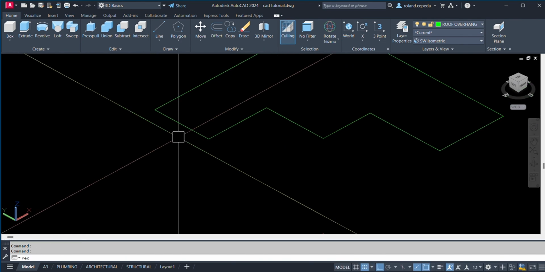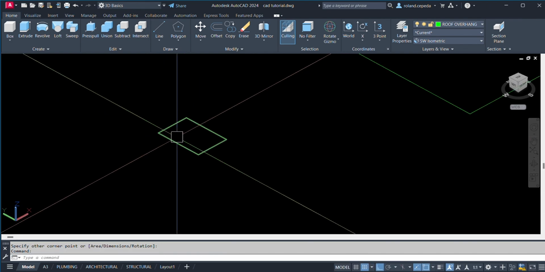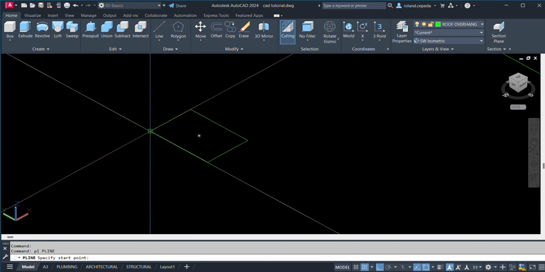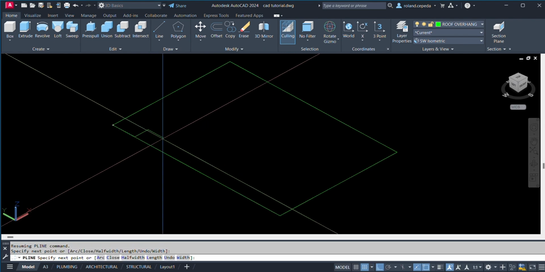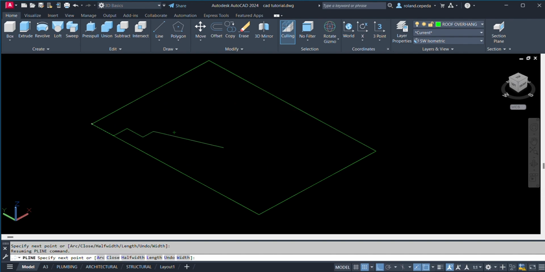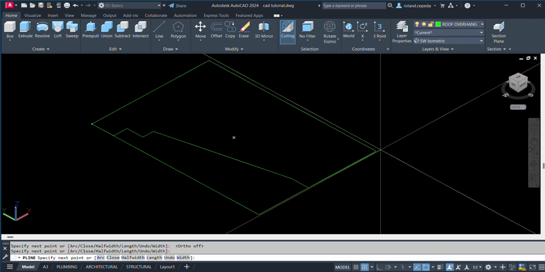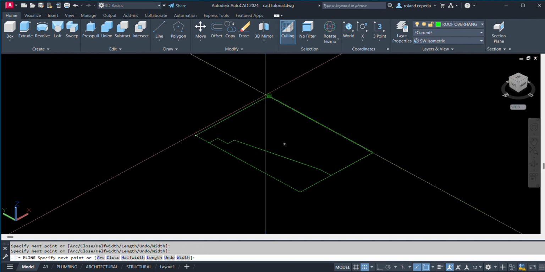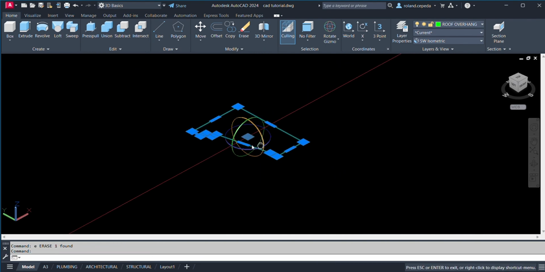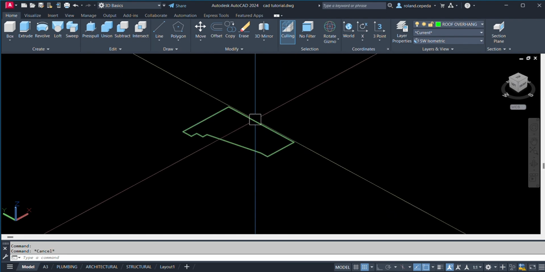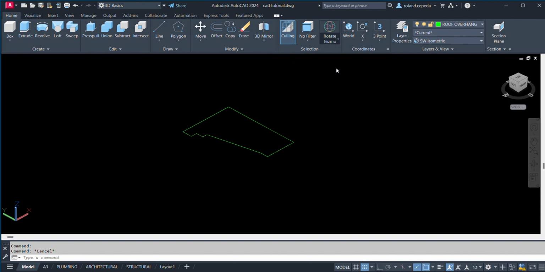So I'm going to create a gutter profile. I will not input the exact measurements of the gutter. So I'm going to rotate this one. Just make sure that the gizmo is in rotate mode.